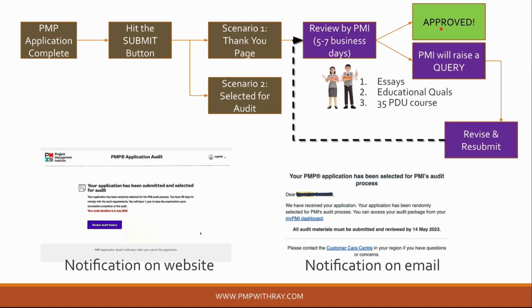Now let's say your application is not approved at this stage, a second scenario can take place here, okay? Now here in this second scenario, something interesting can happen, okay? And that is an audit can be triggered right at this point, okay? And once an audit has been triggered on your revised application, the process will stay the same. You will get a notification on the website. You can get a notification on email as well, and a formal audit process will trigger for your PMP application